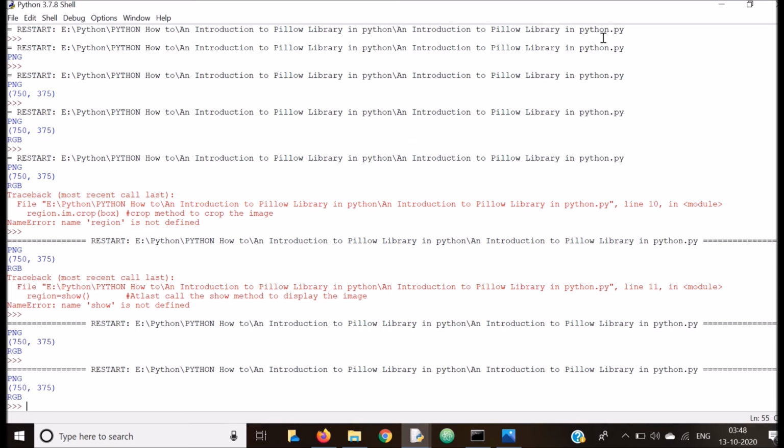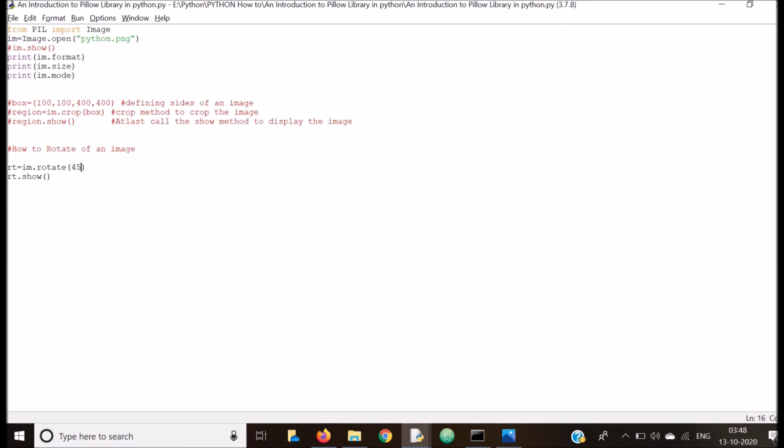Now let's see how to change the color of an image. So I will comment this.